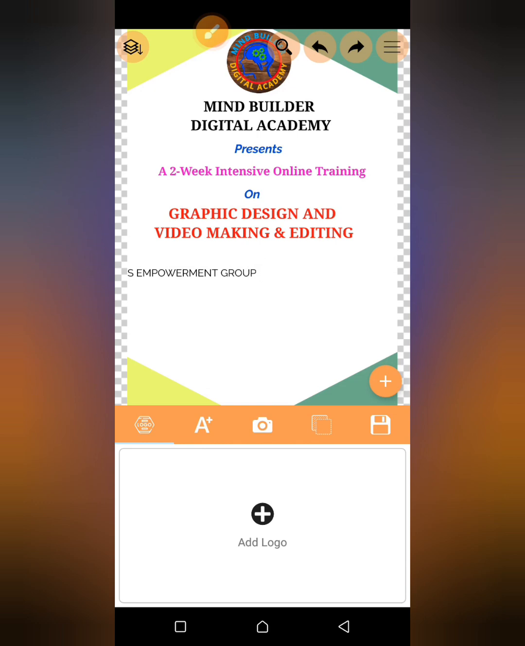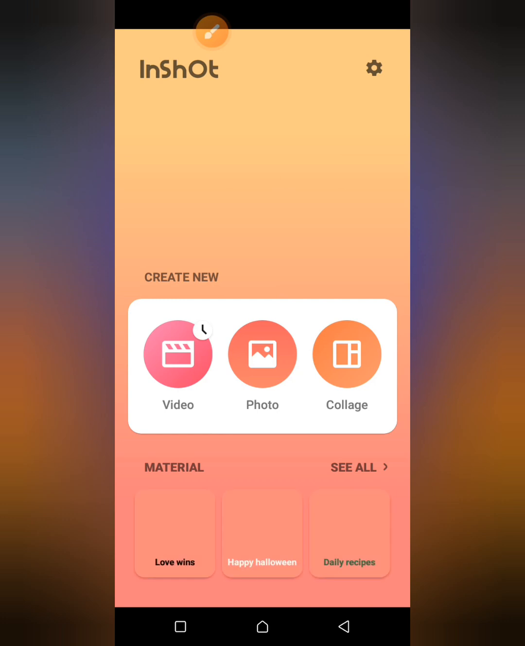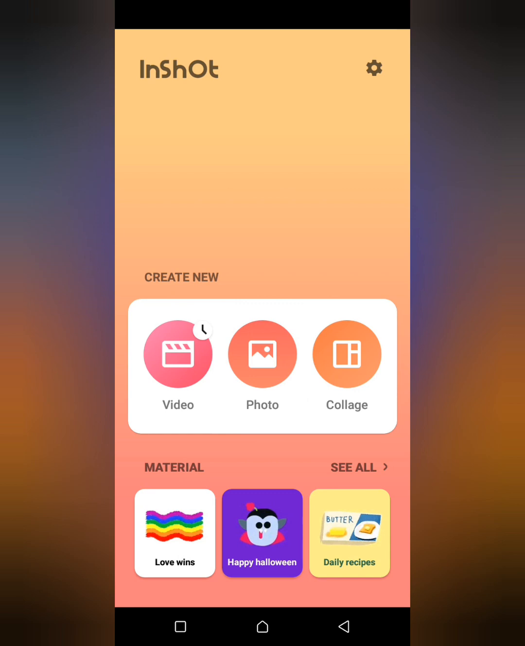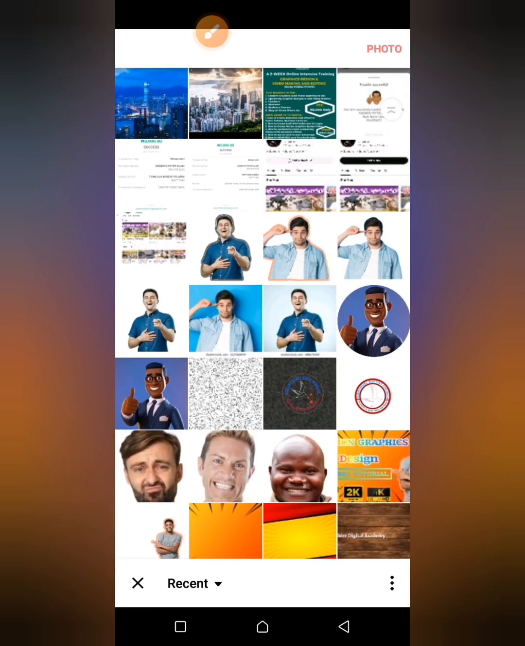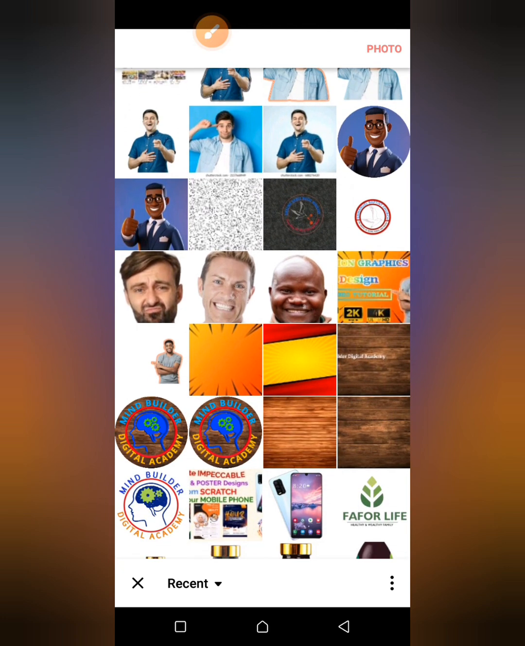So let's go to the InShot app. So now the InShot app is open. You see this one option at the center, photo. You are going to tap it. It will take you to your phone's gallery. Okay, there is a picture I want to put. Okay, let's say I want to put